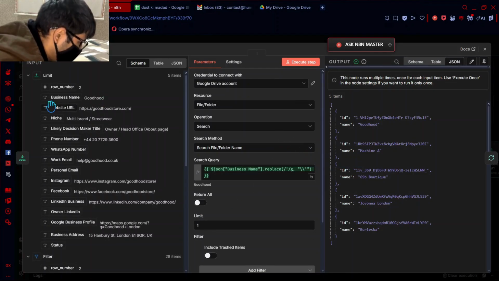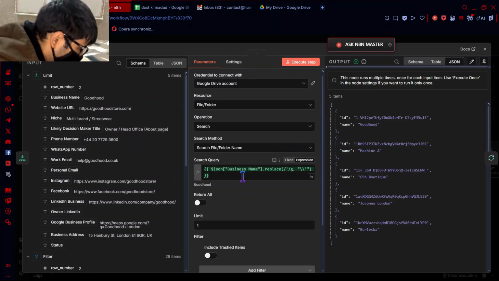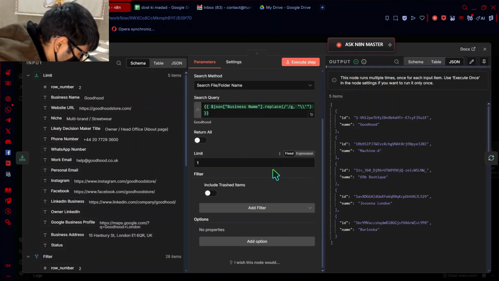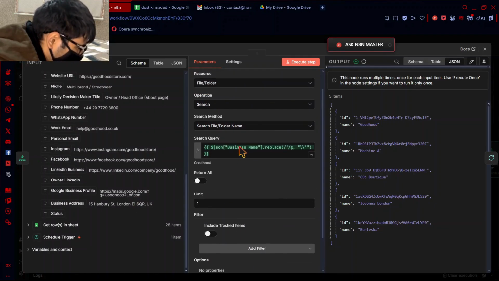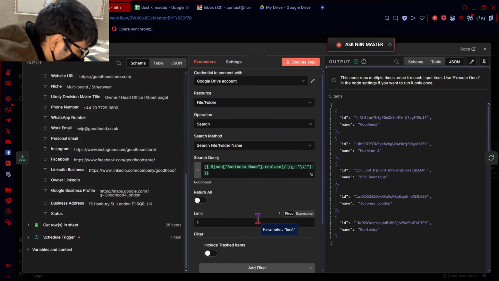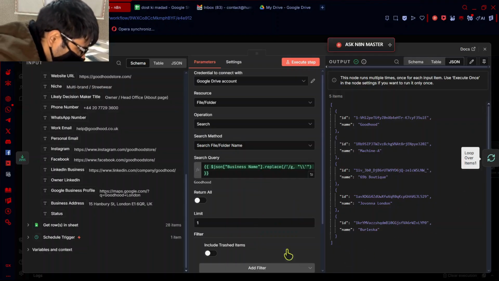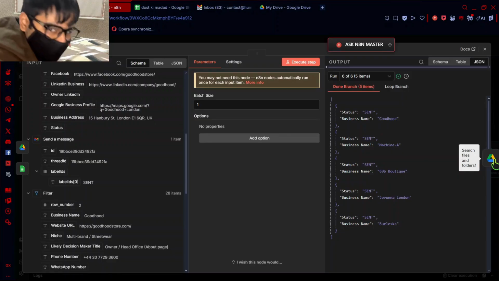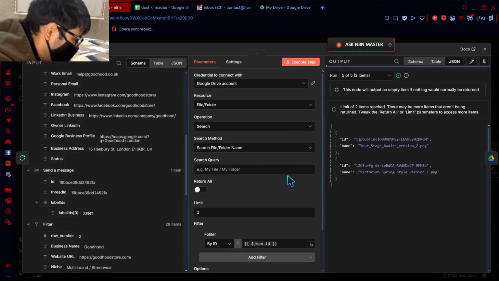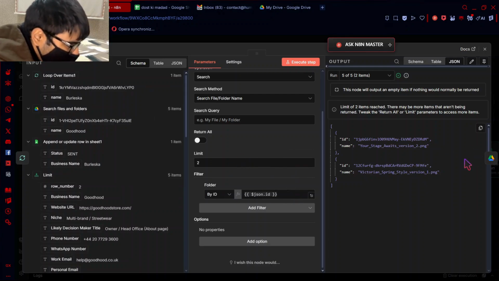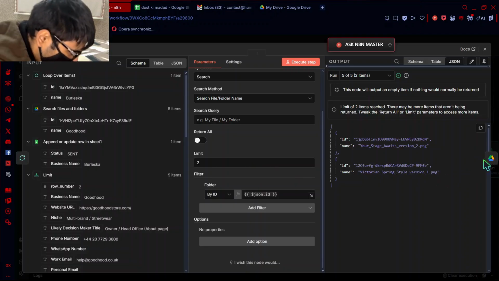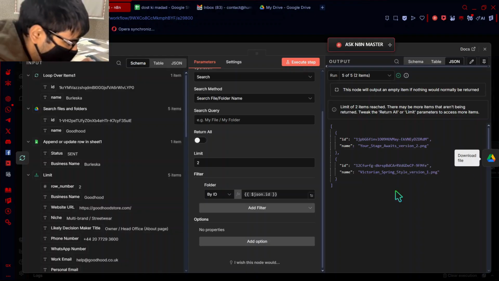Yeah, so after the limit node, as you can see, the business name has been dragged here. So it will take the search query, then it will search the folders. It is going to search every folder name related to this, then it will go through the loop. So we do not want all the folders, all the files at once. After the split in batches, it takes the id of the loop, the id of the name, and the id of the folder, and it goes through here, and then the limit is 2, so that you only get 2 files of the exact folder.